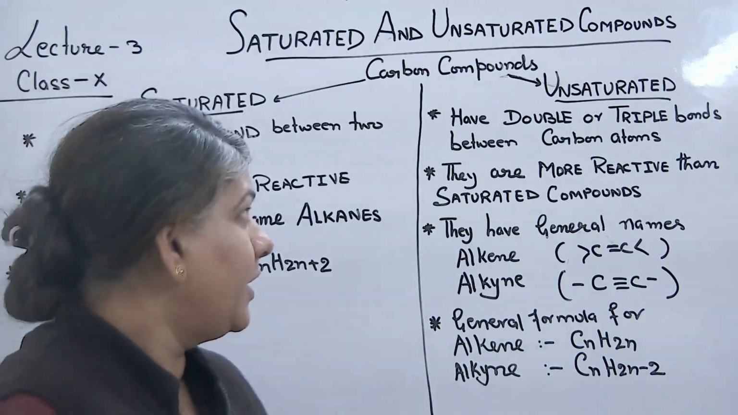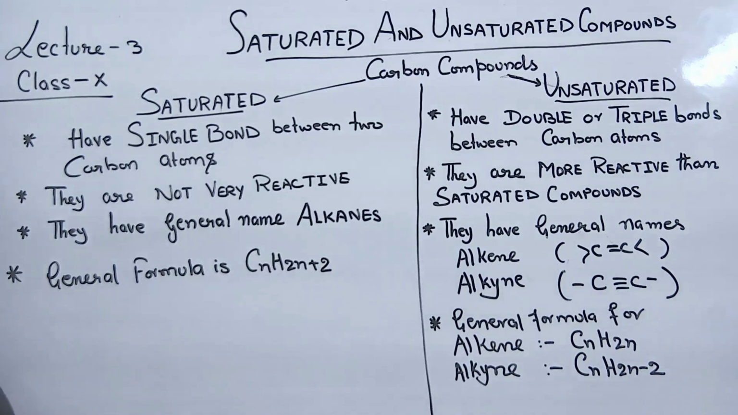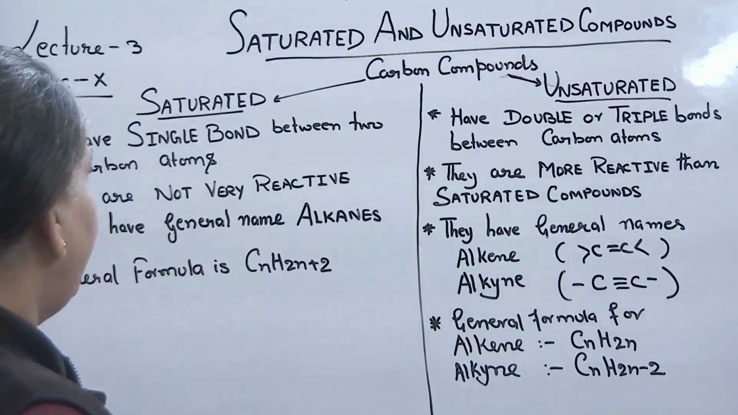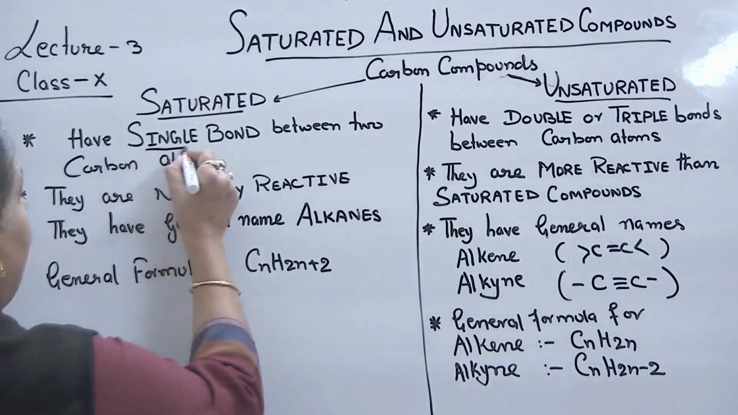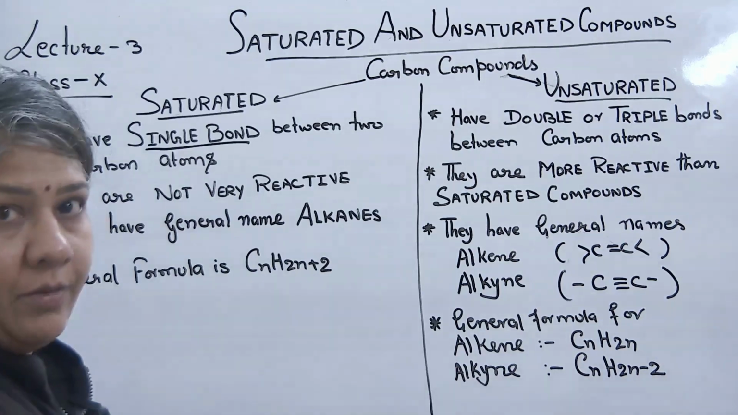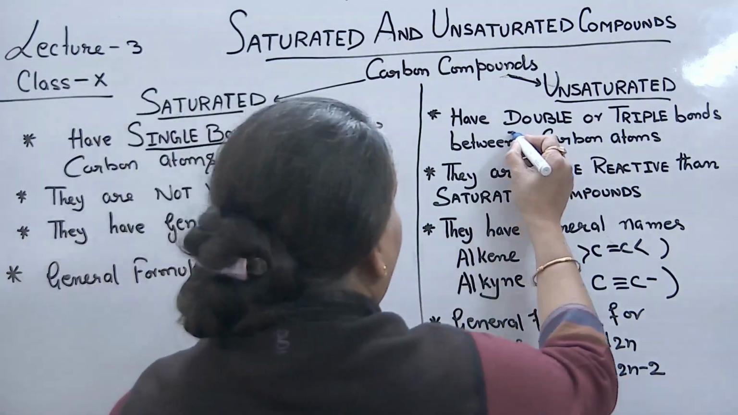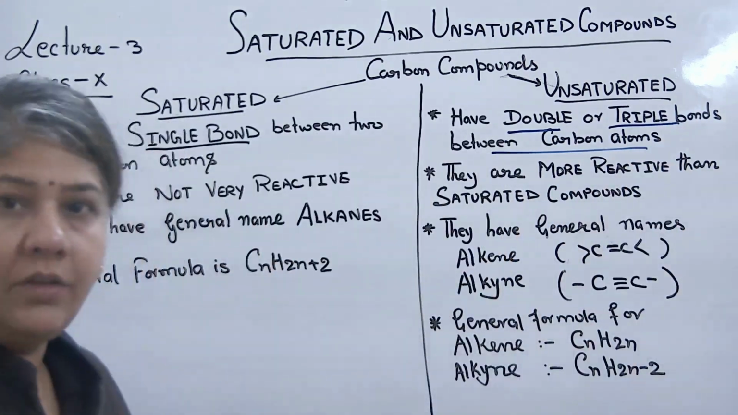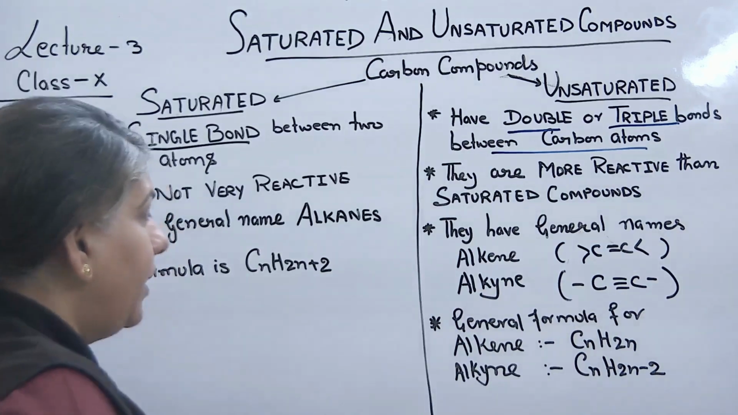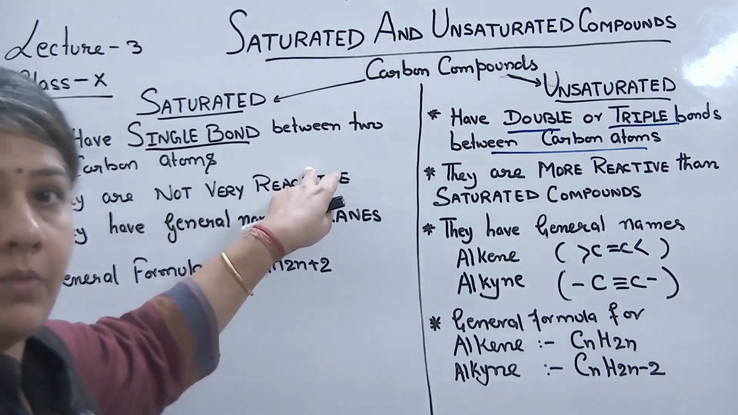See, saturated compounds, I've written the difference. You can take the screenshot, then I'll explain it. See, saturated compounds are those which have single bond between carbon atoms, and unsaturated are those compounds which have double or triple bond between the carbon atoms. This is the simple definition, that if it is asked in a 1 marker question,